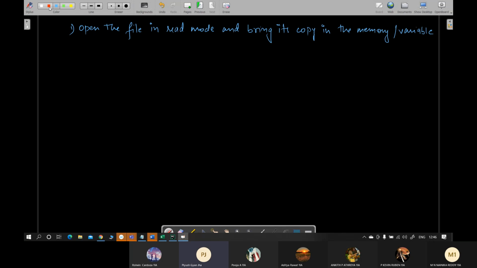So you can do it like this. f is equals to open, just like normal files. Open, let's say the name of my CSV is myfile.csv.